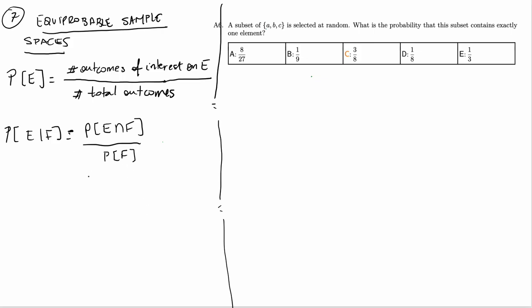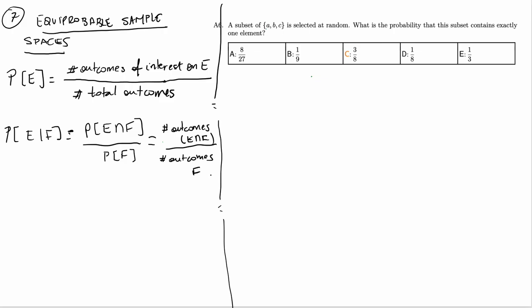So we saw this formula already. Now, this formula is generic, but when you are inside an equiprobable sample space, you can actually simplify this. And you can calculate this conditional by just having the number of outcomes of this event, the outcomes that satisfy the intersection,